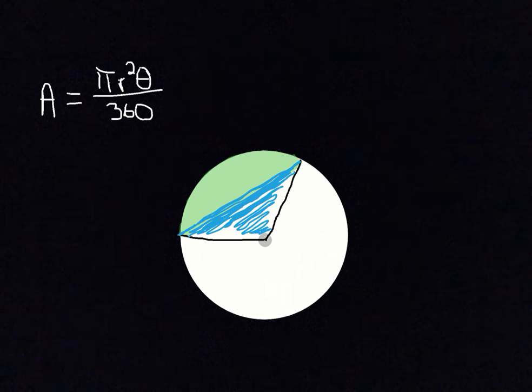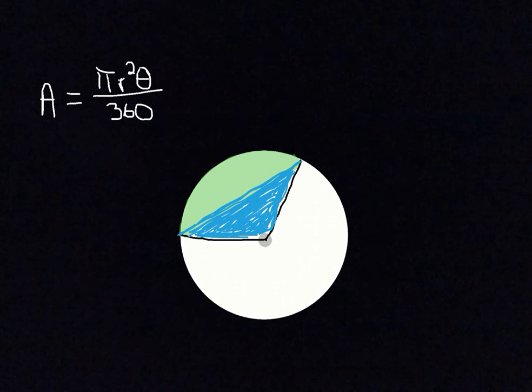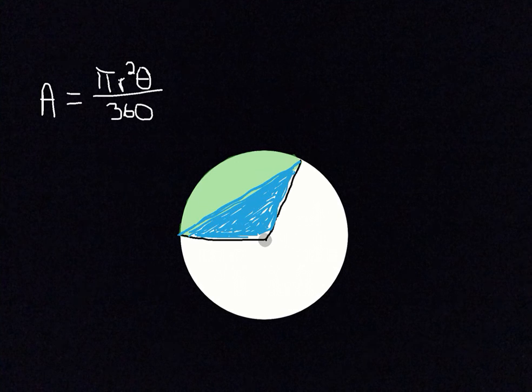We would do that because the triangle's area is A equals 1/2 base times height. So there's no real formula here. We just have to use a couple of geometric principles. We have to find the area of a sector and then subtract the area of the triangle that is formed here. All right, so that is a quick session on sectors and